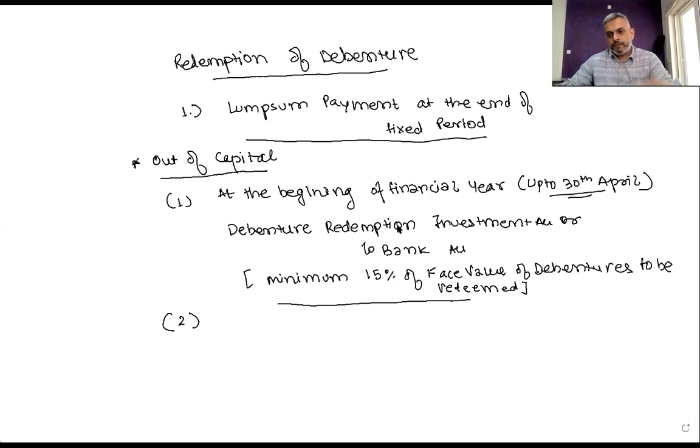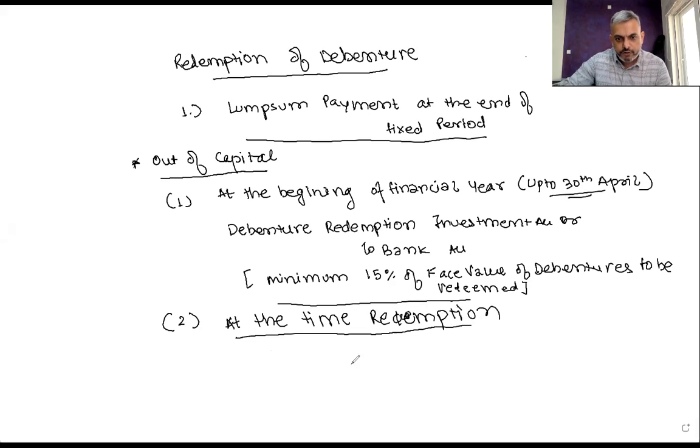Now what happens? This is up to 30th April. We have to do the investment. Now what next? At the time of redemption. So now time has come that we have to pay back the money. So at the time of redemption, what we need to do is